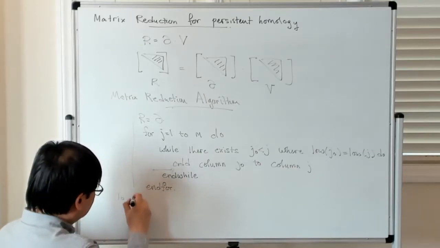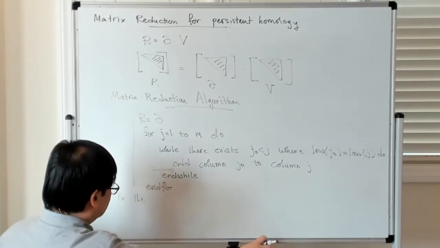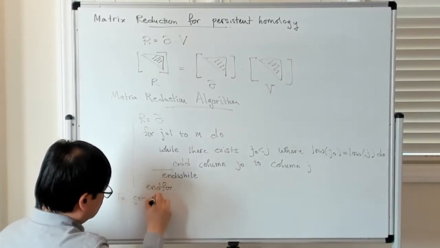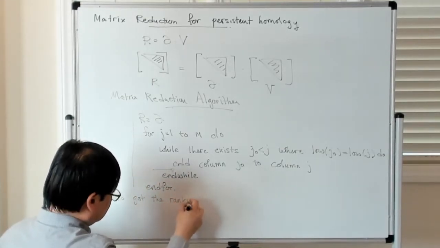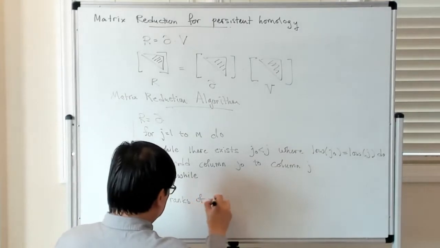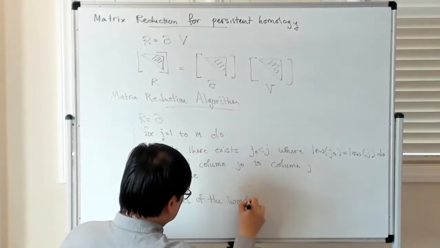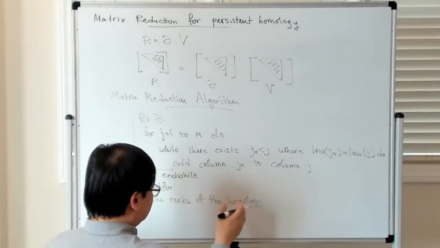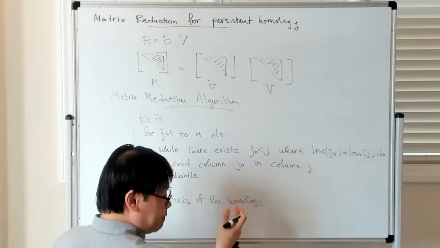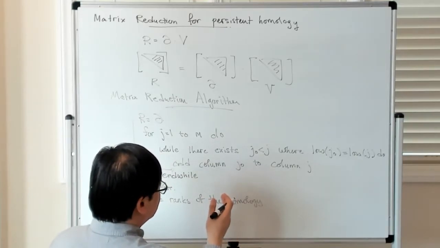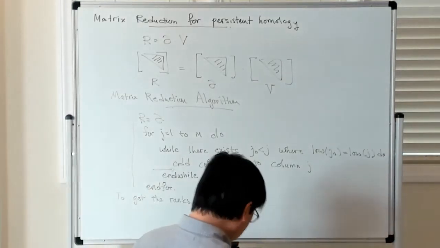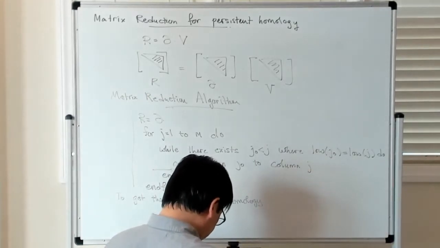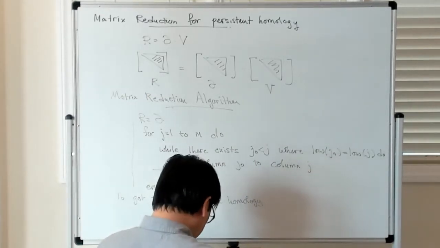To get the ranks of the homology, well, I should say that right now this just gives you the actual homology. But we'll see how you can extract the persistent homology in a little bit, and it has to do with the significance of these lowest one values. So to get the ranks of the homology groups of K,